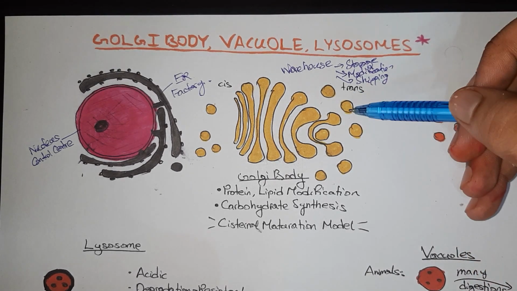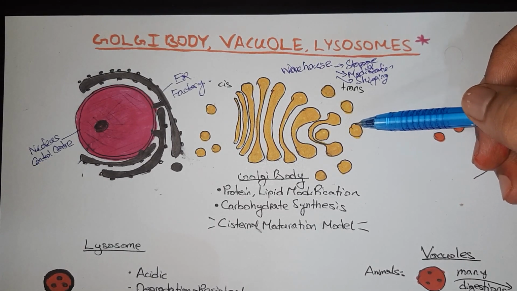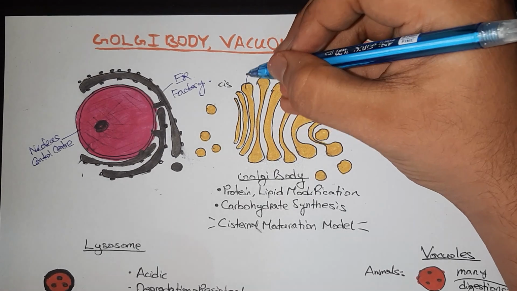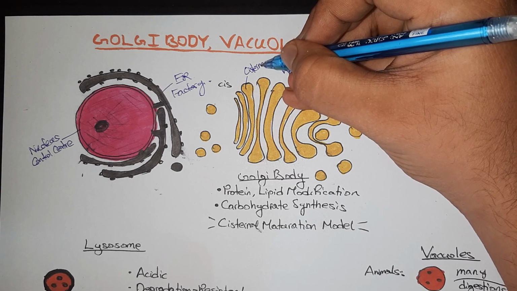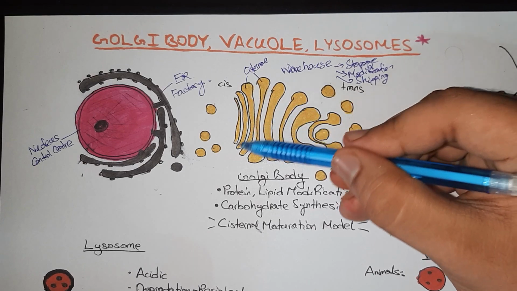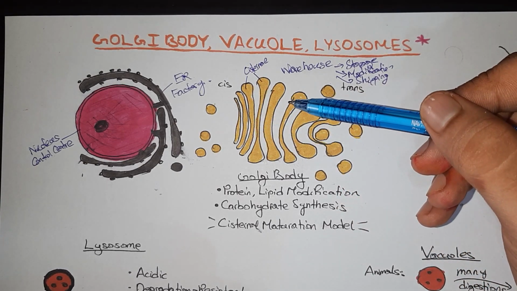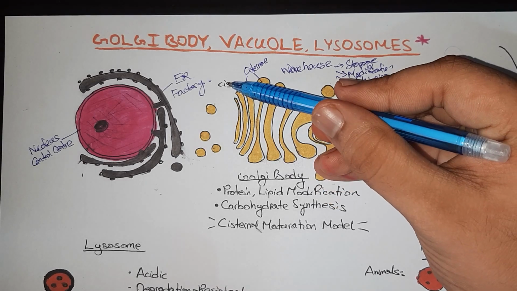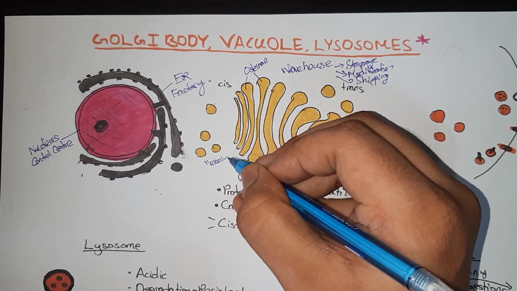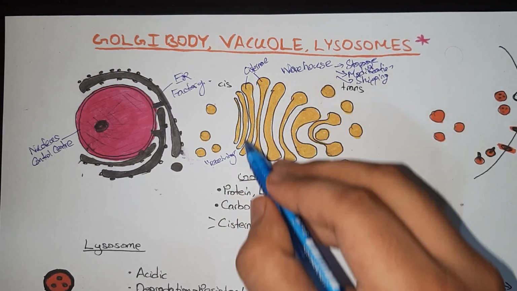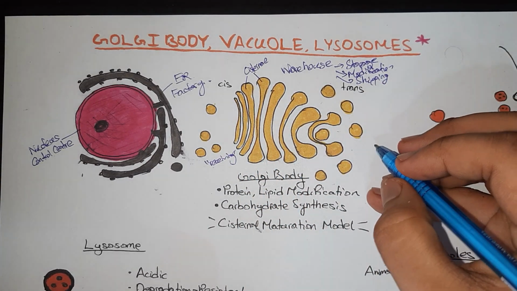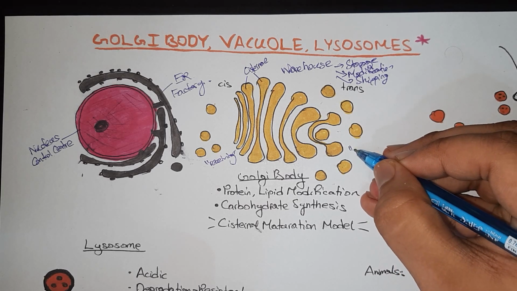So now look carefully at the structure of the Golgi body. You can see that it is composed of many stacks, and these stacks are called cisternae. These stacks, unlike the ER, are not joined together. They are separate from each other. And to the left, I have drawn the cis face. The cis face is like the receiving face. As we slowly go to the right, we get to the trans face. The trans face is the opposite of receiving, so it is the shipping face.